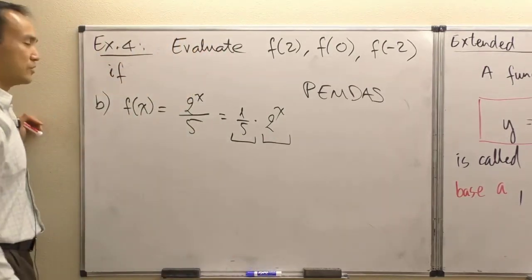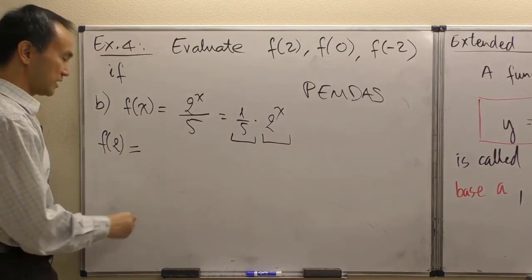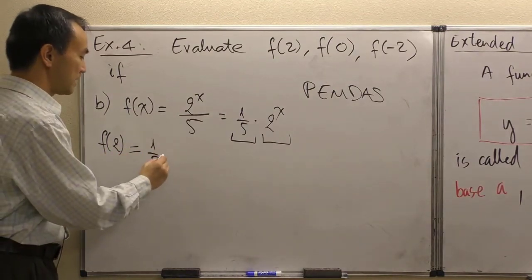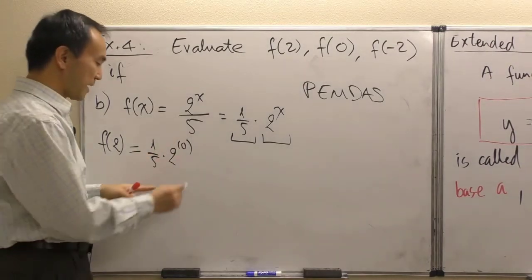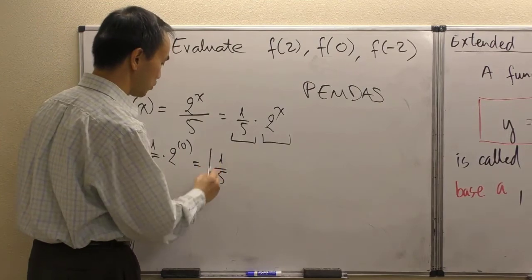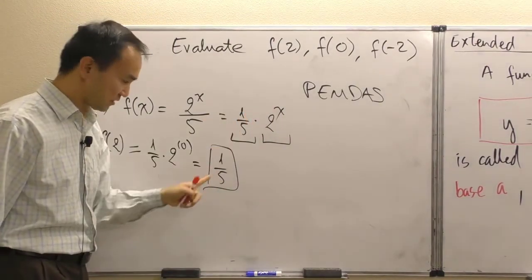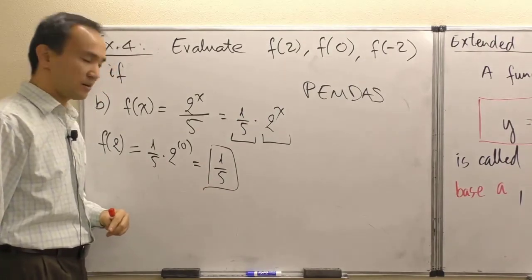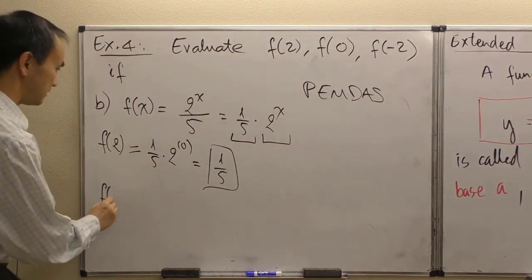All right, so now f of 0 equals 1/5 times 2 to the 0 power. Okay, and 2 to the 0 power is just 1, so it's now 1/5 times 1, it's 1/5. Once we understand the true nature of the function, we get it done easily. Okay, next one, f of